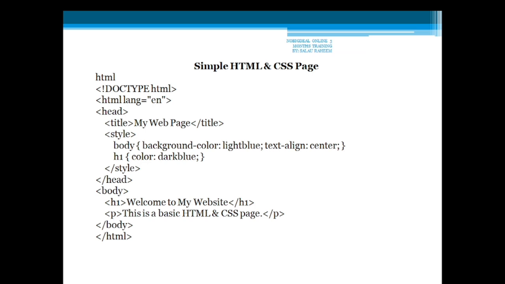Our first code here is HTML code. As we all know, HTML is a structural language. The full meaning is hypertext markup language, which is used to structure content on the web page. So how do we create